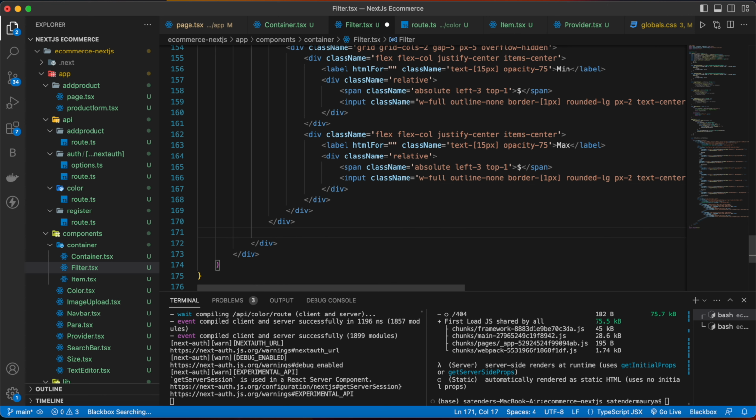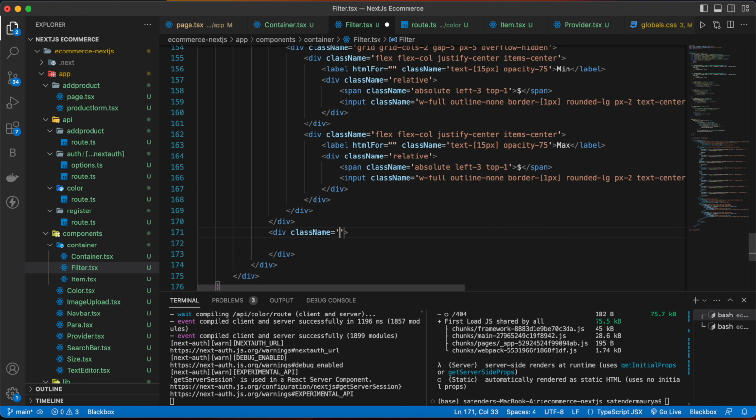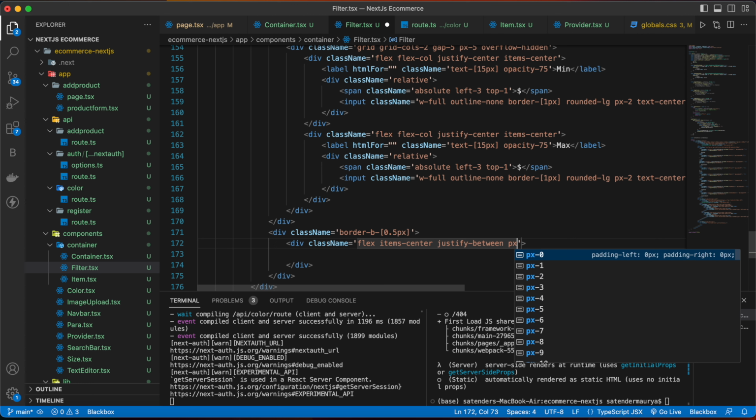And now below this div make one more div, the class name border bottom of 0.5 pixels, then one more div with the class name flex items center justify between px5 py4 border bottom 0.5 pixels and mb5.